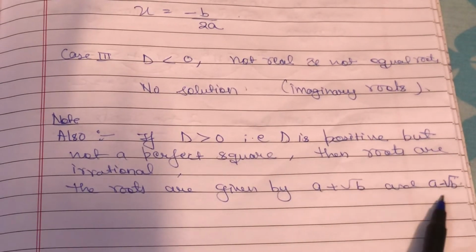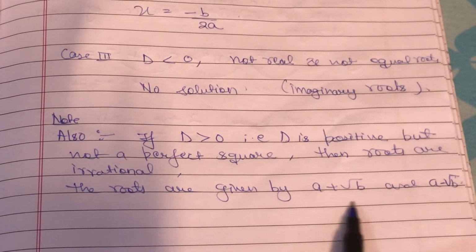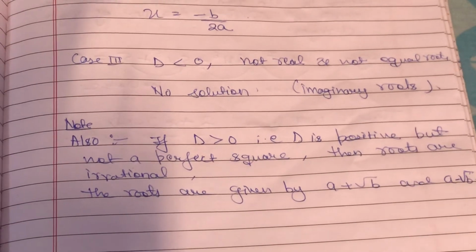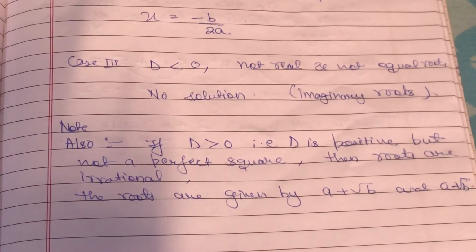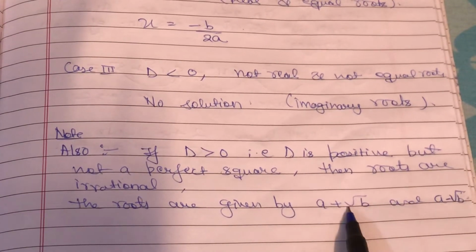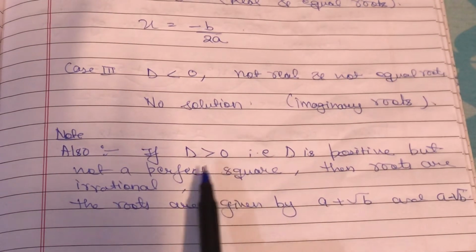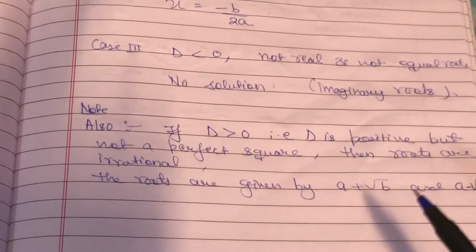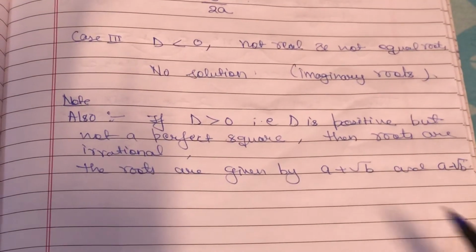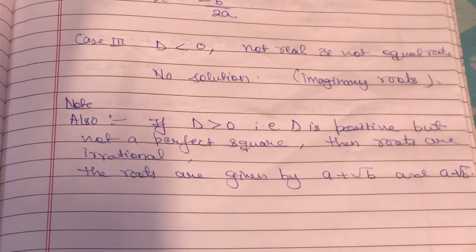So these are direct formulas which you can use in competitive exams, because there we have very little time and the options are given and we have to mark the option, right? So you can directly use this formula if you remember this criteria. As you can see, the syllabus is the same, only I am going to give you a few shortcuts to apply it. And also you can use this in school exams.